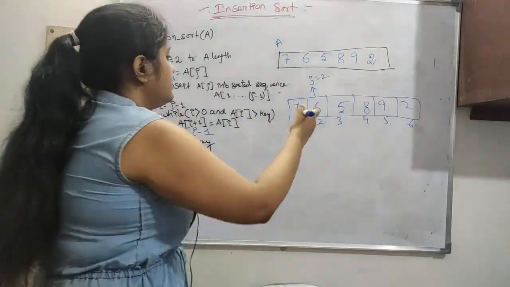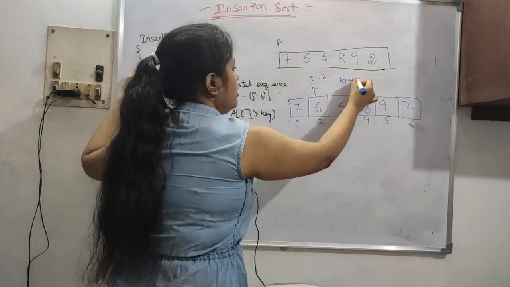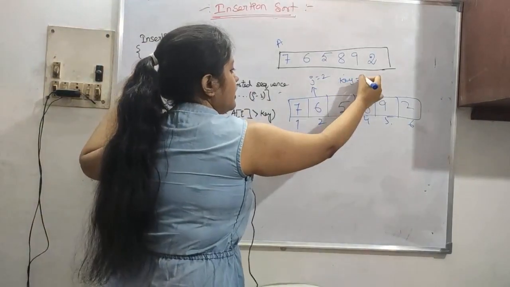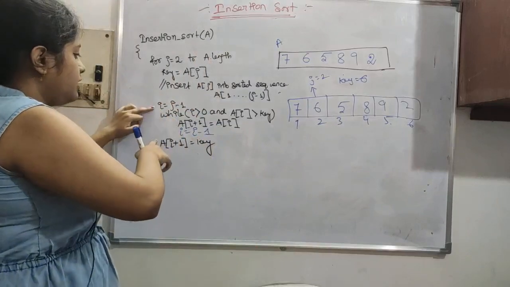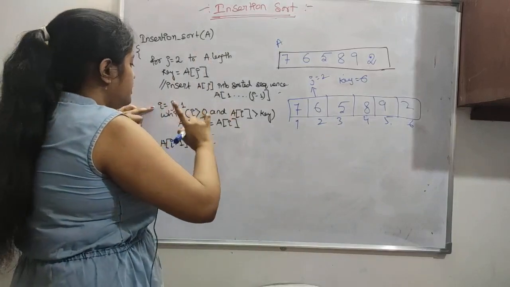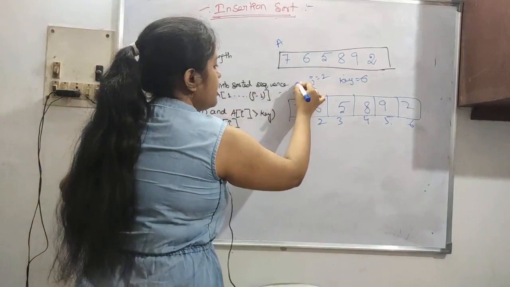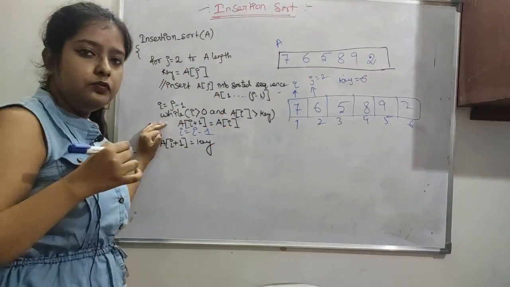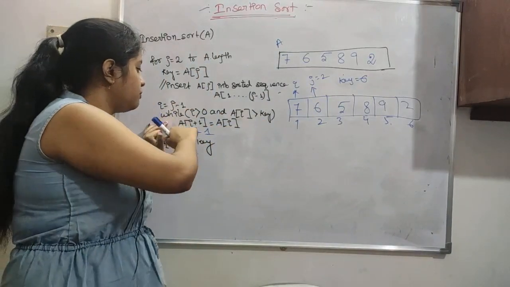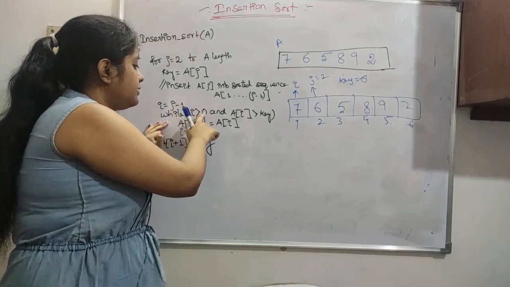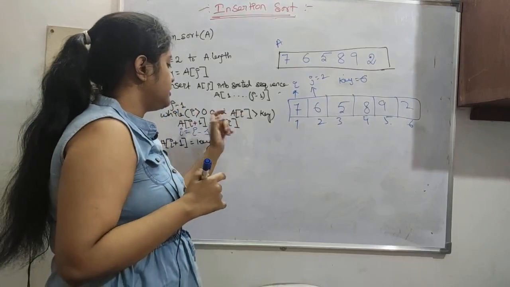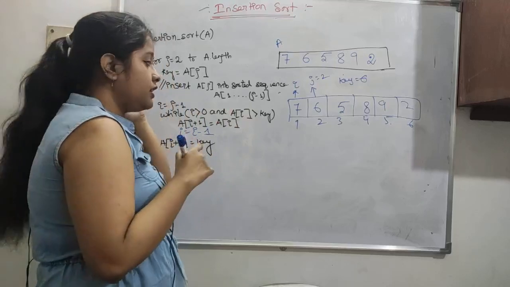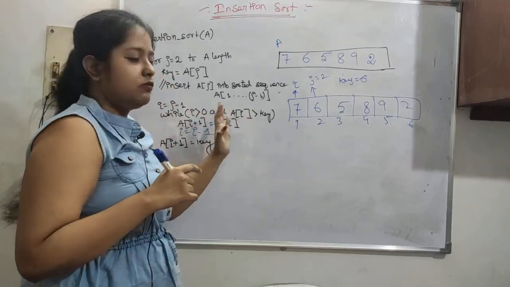So key is a of j, the array of j. So 6. Now this line I will run, I is j minus 1. So this is our I. Okay, so now here we are coming and seeing that this is a loop. So if I is greater than 0 and it is AND, not OR, we have to check both the conditions here. So if OR would have been present, we could have checked one and just would have left the other.